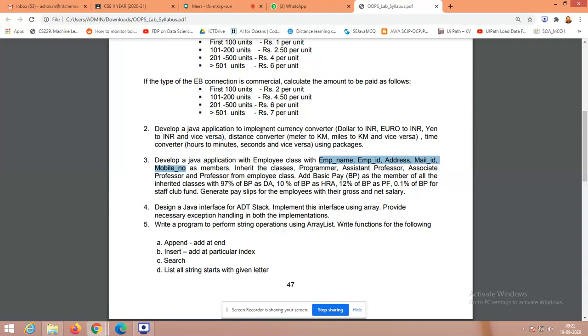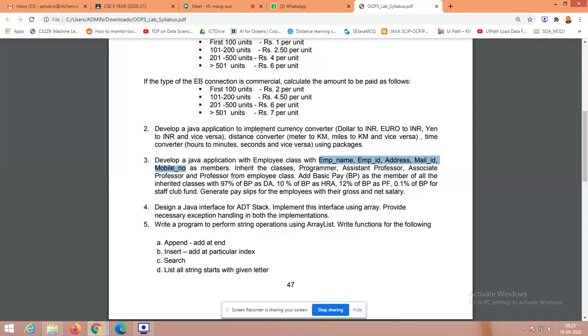Right? So you could use inheritance. You can create a file for this, right? The output contents have to be written in a proper file. They have mentioned generate pay slips for employees. So how will you write? See, I'll be telling you students, for all the programs you have to write all the possible outputs. For the second program, you have to write the input and output for totally how many conversions there are.